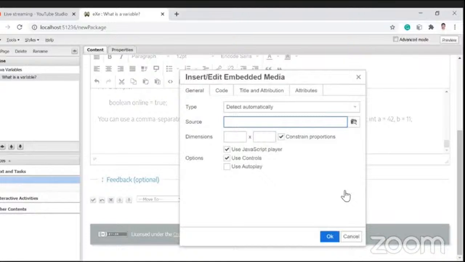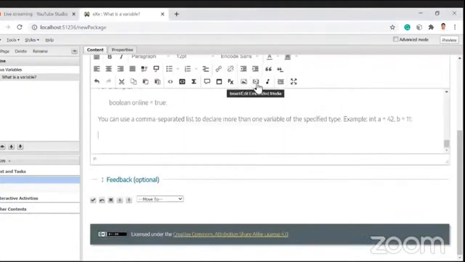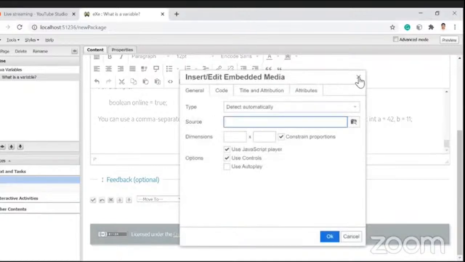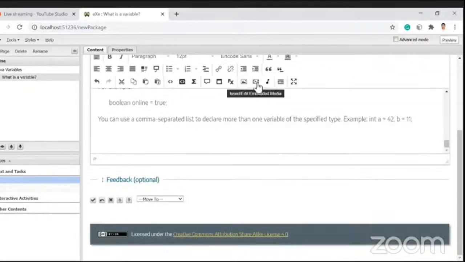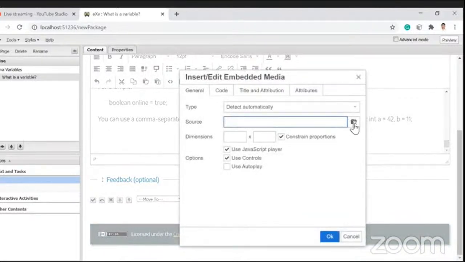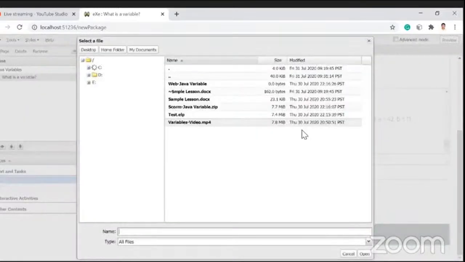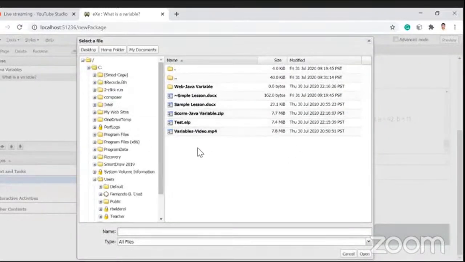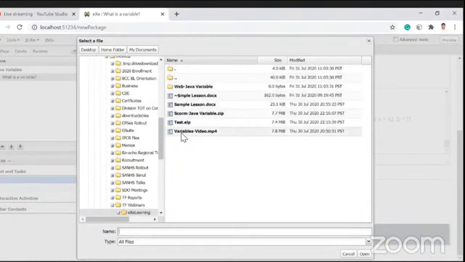So again, what I did is Insert, then Insert or edit embedded media. After that, click the browse button because it looks for the source. All you have to do is look for the file that you want to upload. For example, in my case, I have here the variables video MP4. So I'll click it, and then after clicking,